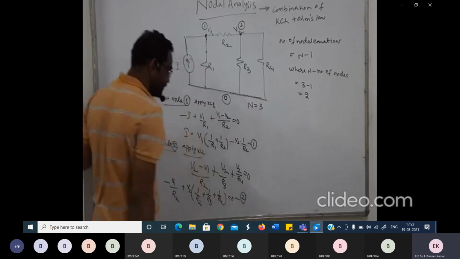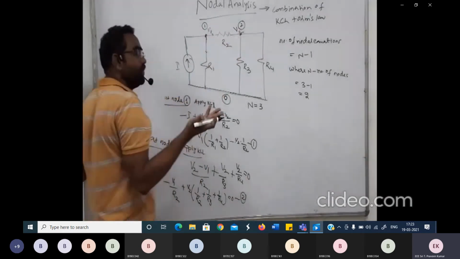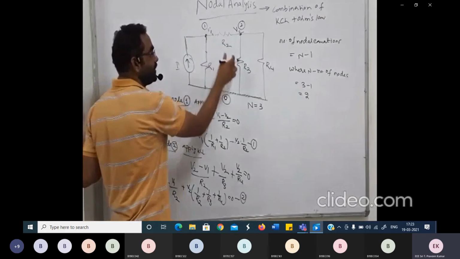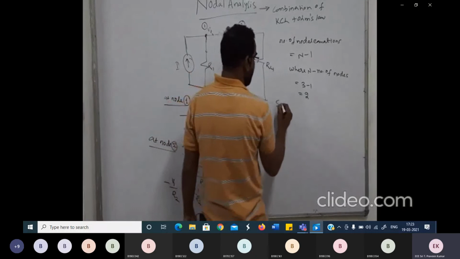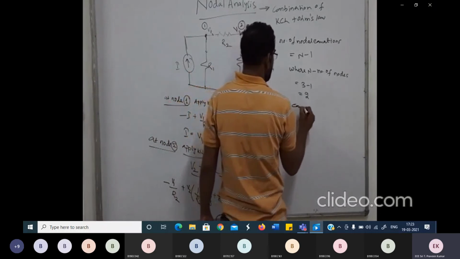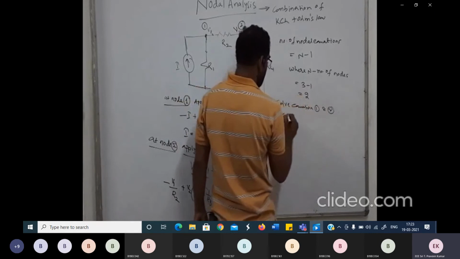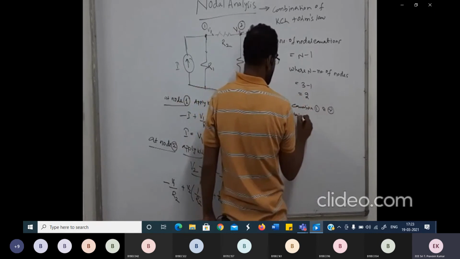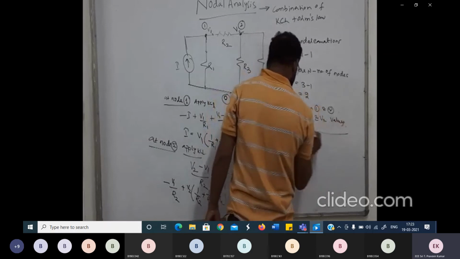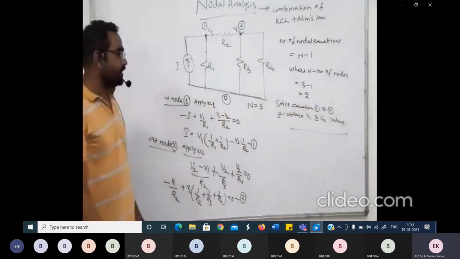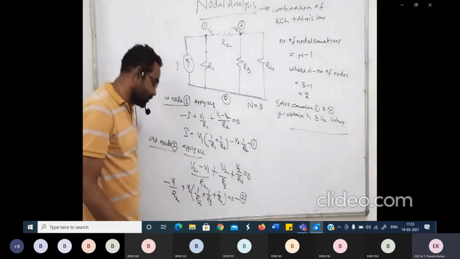Now take this as equation 2, right? Now if you solve for your V1 value and V2 value, you can obtain the current flowing through R1, R2, R3, R4, or all these quantities you can calculate. Now solve equations 1 and 2 and obtain V1 and V2 values. So this is the concept of nodal analysis, right? Now please, you can listen once again, then we can go for a problem on it.